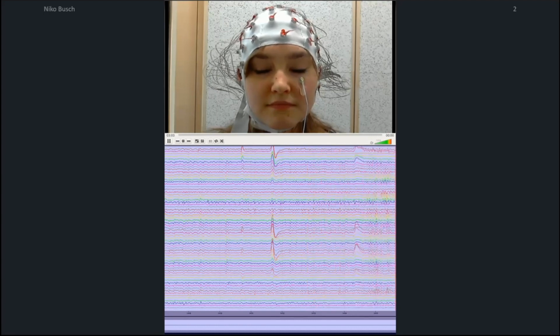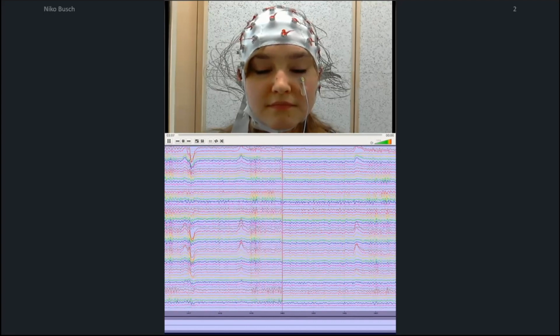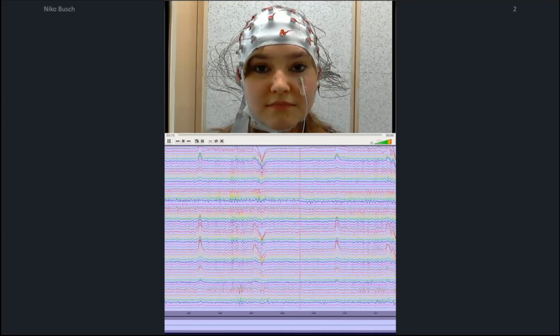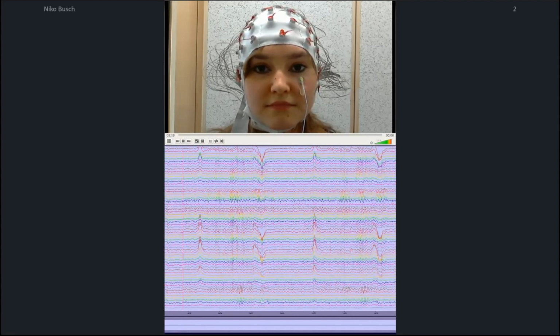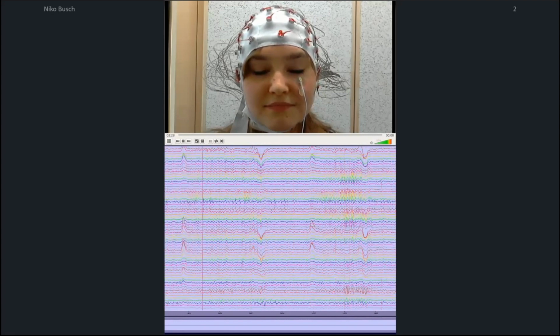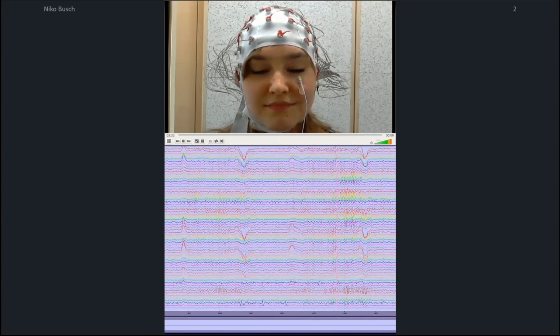And you can appreciate that there are moments when you can see easily this wave-like signal. But here, for example, that looks almost like a sinusoid wave, especially when she closes her eyes. And that's, of course, the famous alpha rhythm. And you can see that it's really a strong signal.